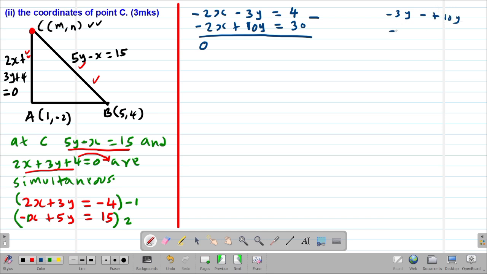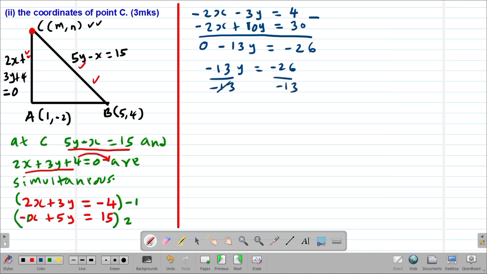This is the same as saying negative 3y minus 10y, which will give us negative 13y being equal to 4 minus 30, I'll get a negative 26. So negative 13y is equal to negative 26. If I divide through by negative 13, I'll end up with y being equal to a positive 2. Then I'll say substituting